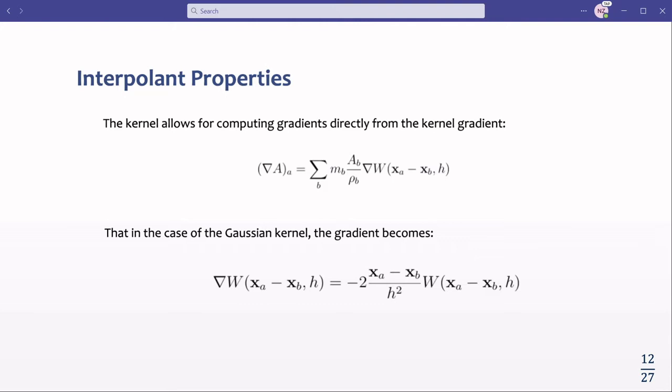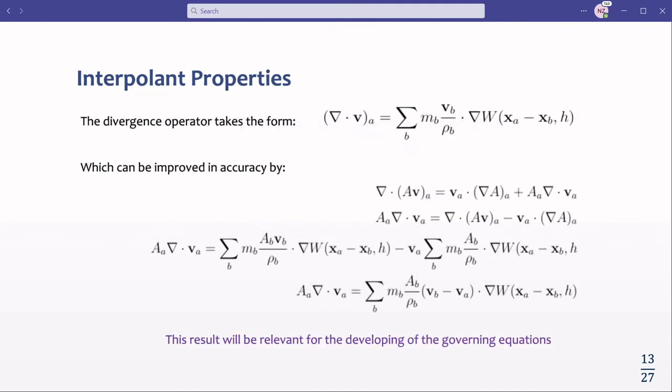For example, in the case of the Gaussian kernel, this gradient is very straightforward to compute. As you see, it's only a function of the locations, the value of the kernel itself, and of course the compact support h. We can apply the same operator to a vector field, and then that wouldn't be a gradient, that would be a divergence operator, and the same concept applies. However, this has shown some problems in terms of stability. So to correct